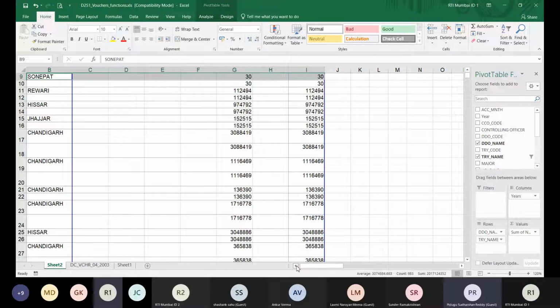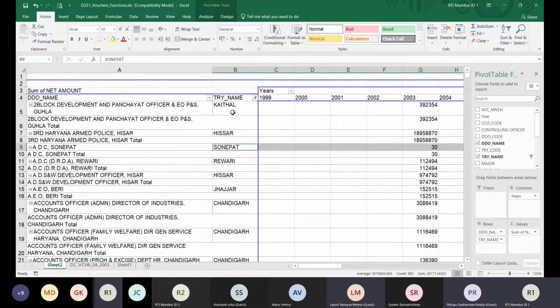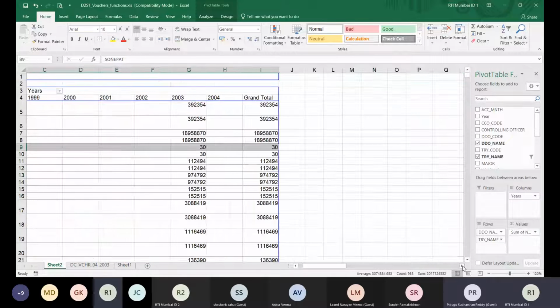यस सर. तो ये देखिए, आपको जो चाहिए ना, आपको खाली ड्रैग एंड ड्रॉप करना है, और आपको दो चीज याद रखनी है. ये जो कॉलम वाइज आप देंगे उसका यूनिक वैल्यू कॉलम वाइज आएगा. अगर वो यूनिक वैल्यू ज्यादा है तो लेने का मीनिंग नहीं है, क्योंकि हम लोग समराइज डाटा देखना चाहते हैं इन फॉर एनालिसिस और डिसीजन टेकिंग. तो यहाँ पे डीडीओ ट्रेजरी नेम ले रहे हैं, यहाँ पे समझो ईयर ले रहे हैं, या मेजर रेट ले रहे हैं, माइनर रेट ले रहे हैं, वो सब आप कर सकते हैं डिपेंड्स ऑन योर रिक्वायरमेंट. और वो लेने के बाद में एक फील्ड ऐसा ले रहे हैं जिसको हम सम कर रहे हैं, लेकिन इसके अंदर हमें ये नहीं मालूम पड़ रहा है कि ये समझो